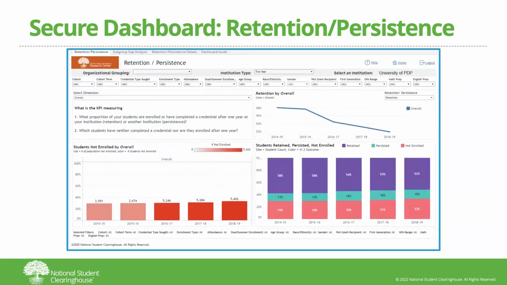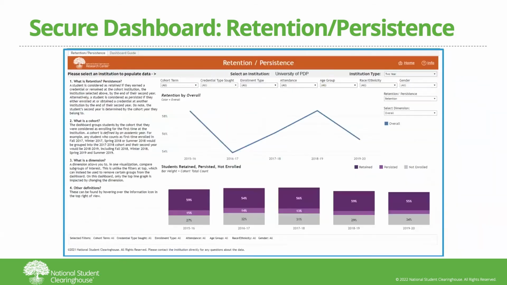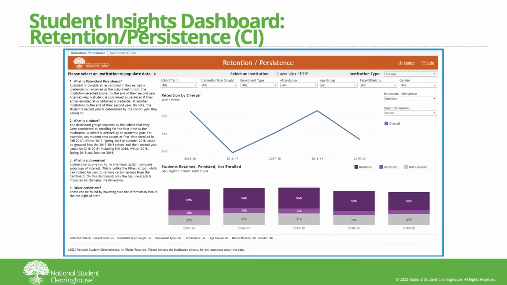We also have the retention persistence. Again, this is the secure version of this using demo data. As you can see, 3 quadrants, quite a few filters to be able to be used. And what we did here for the student insights version is, again, we took away one of the quadrants, so really focused on that streamlined aspect of this, as well as trying to keep it publicly focused and user-friendly